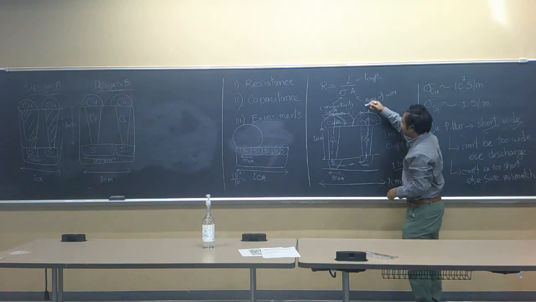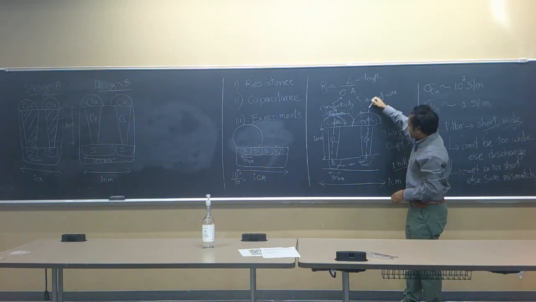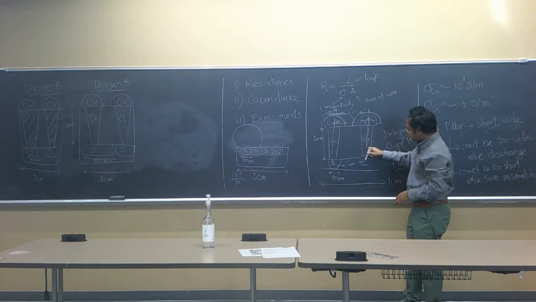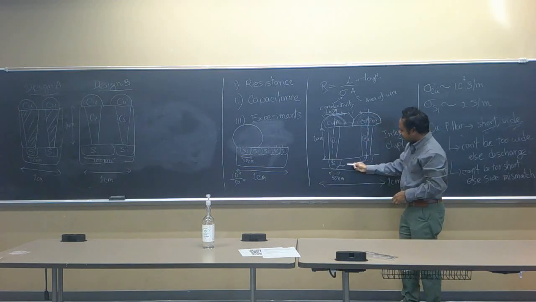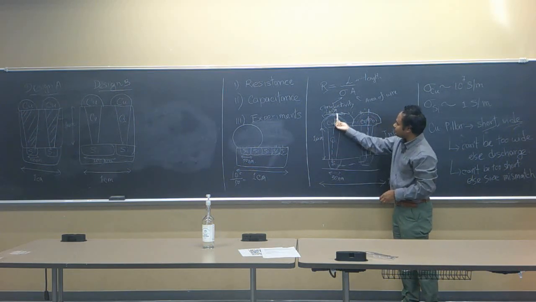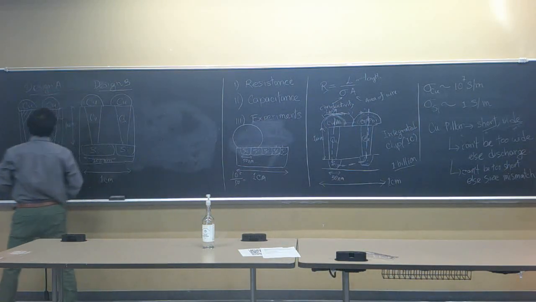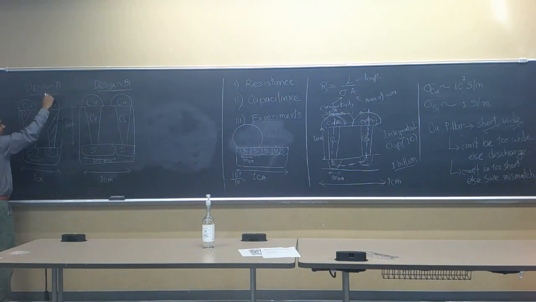So whenever we look into minimizing resistance, we have to always consider the path of the current. The path of the current is the following. It goes straight downwards through the copper pillar, and then it goes horizontally from one silicon device to the other silicon device, and then again it becomes vertical, goes upward and comes back. When the current goes through vertically, we want to make sure that the path is as wide as possible. That's why we make this copper pad and also the copper pillar very wide.